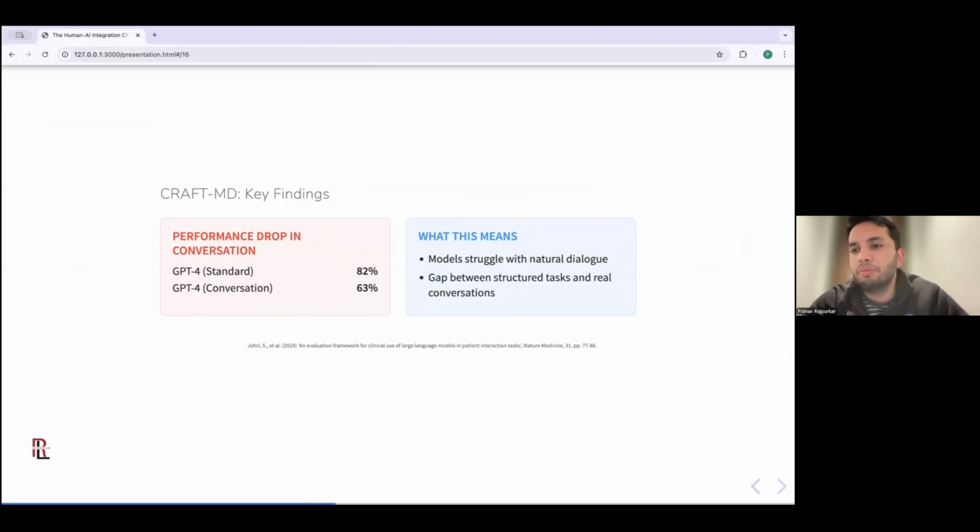But as soon as you bring it into a conversational setup, that accuracy drops a lot, from 82 to 63%. And this idea of struggling with natural dialogue, and the gap between the structured task and real conversations, is going to be one of the things that stops us from truly realizing the potential of these clinical LLMs.